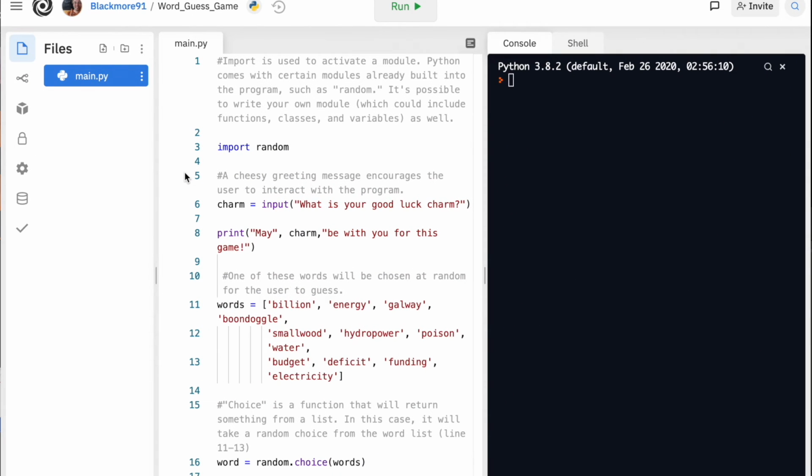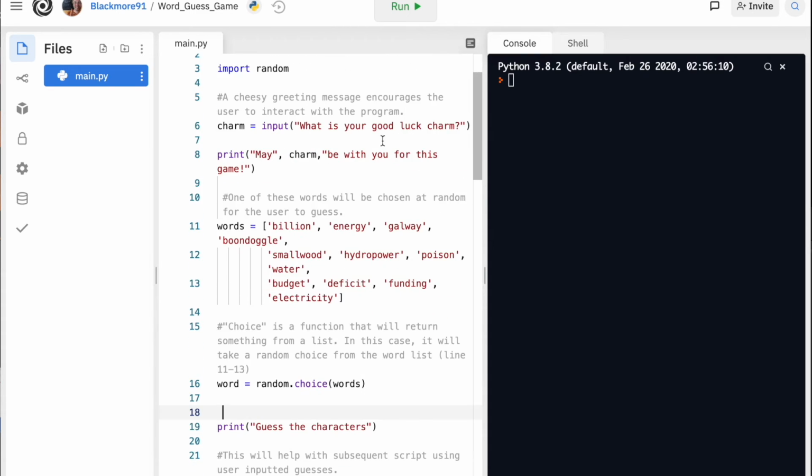Okay, so I thought it would be cool to kind of show a larger example of some things that have been shown in the tutorial. No need to get overwhelmed by this code. This is a game that I used in 3752 with Dr. Kennedy. So this starts out with importing the random module,